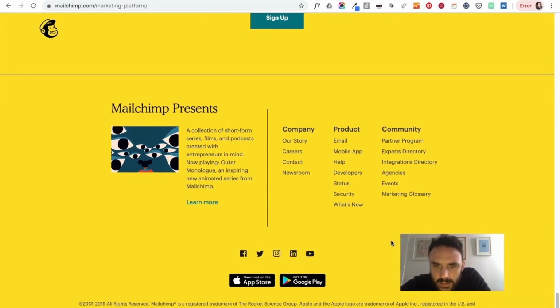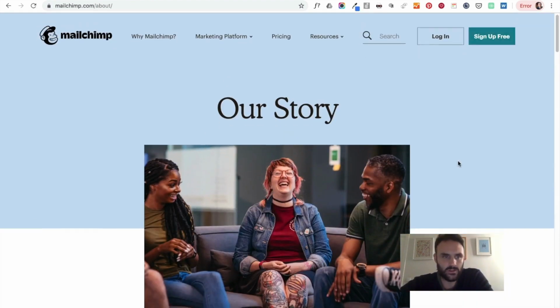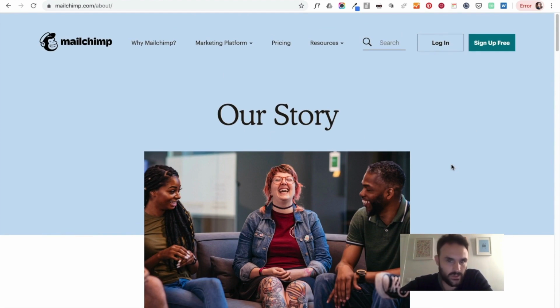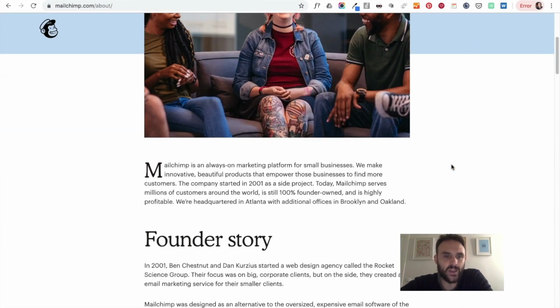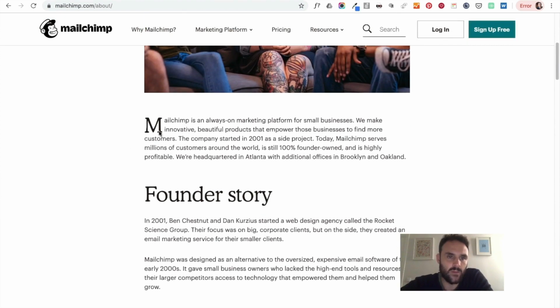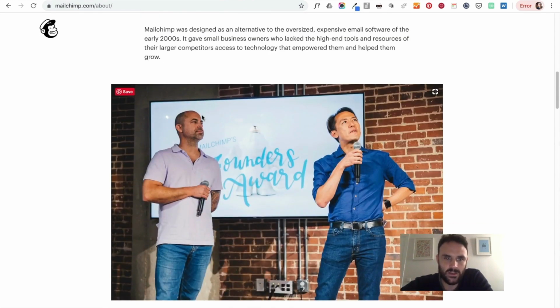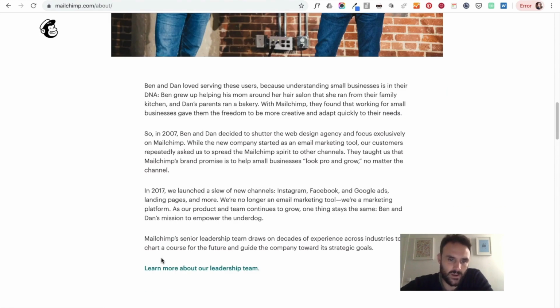Let's see if there's any other parts on here that have longer text. So I imagine our story, our company, might have a bit more text because they have to explain more. Right, that's simple. Our story, header in blue, they've changed the section, this was different. And here we have a couple of paragraphs. And we've got this nice editorial touch with the drop cap and the M. Big headline, two paragraphs, image, four paragraphs,